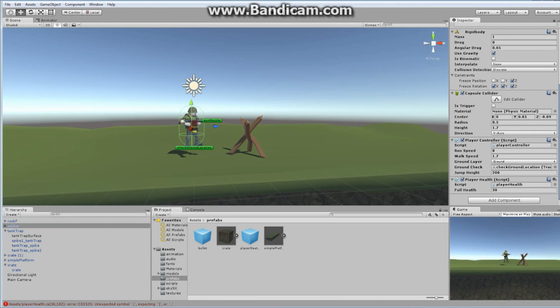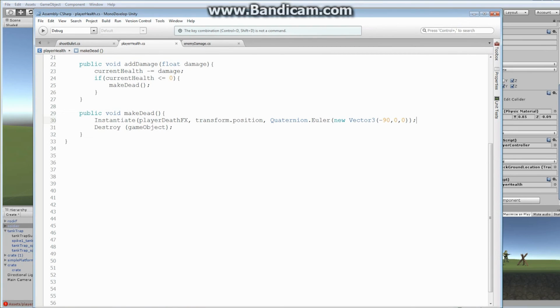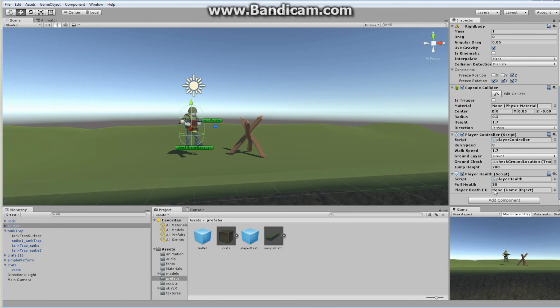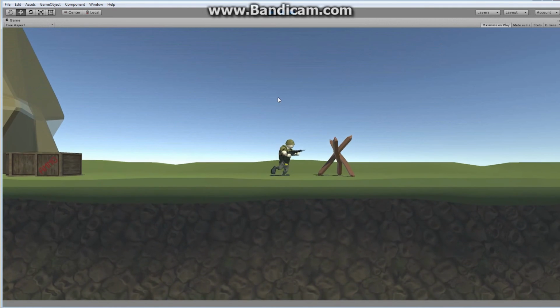player health script, oh, there's an error. On line 30, let's see what it is. On line 30, instantiate player death effects. What am I missing? I'm missing one more of these. Bam. File save. All right, with that in place, my player health script should have my player death effects available. I'm going to drag and drop these guys in there. And now when I hit play, when I die,